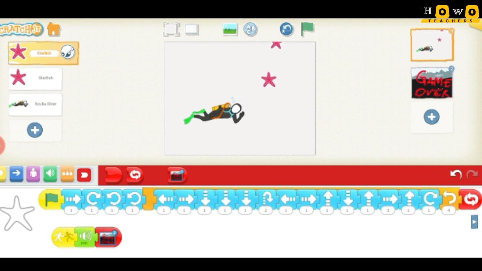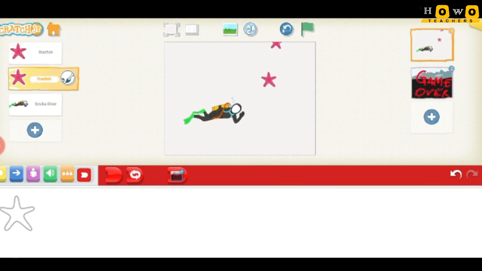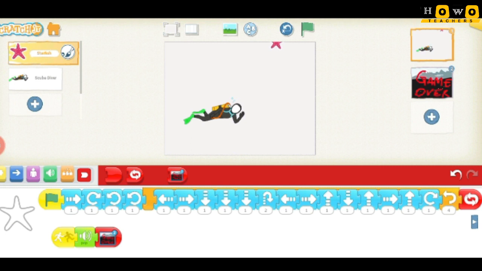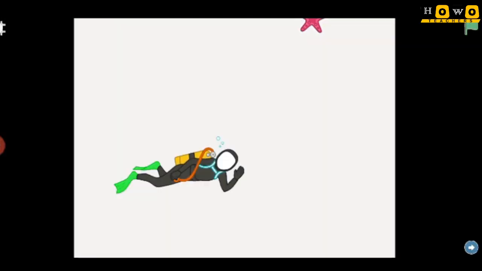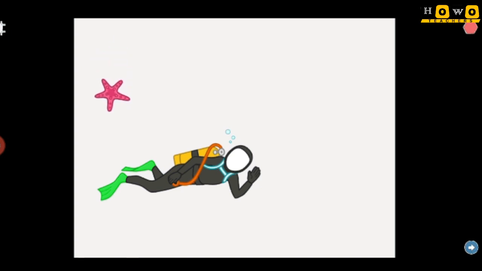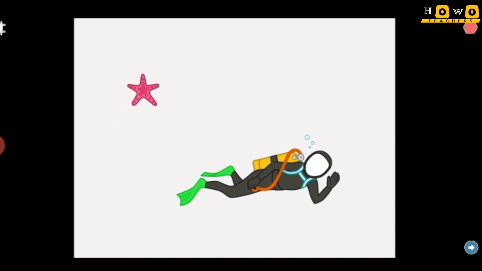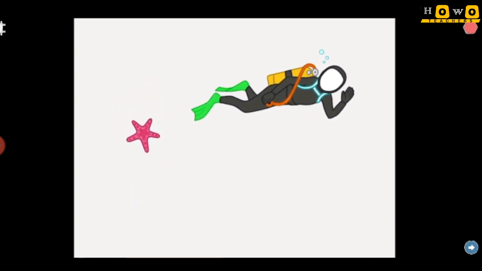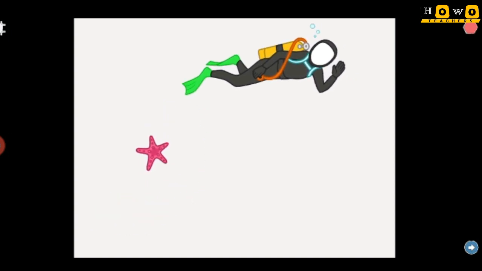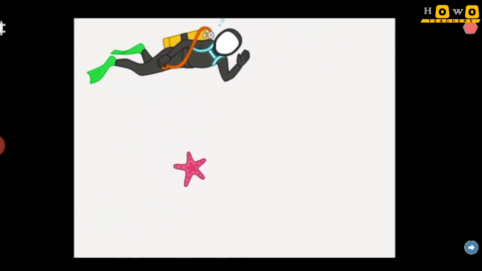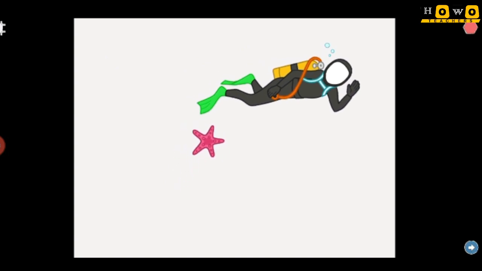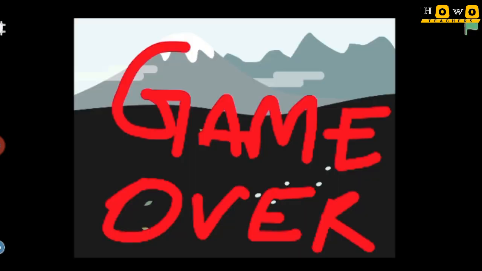See, for a while I'm deleting one starfish here to make the game much easier for you. I have just added one starfish, and let me show you what I have coded up till now. I'm just enlarging the screen, I am going to click the green flag, and wherever this star will move, I am going to save my scuba diver from that, so that it should not come and touch the scuba diver. See, this is only a single star. If it touches, then the game over screen came.